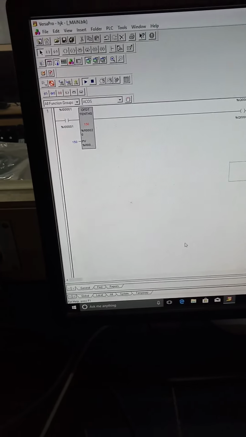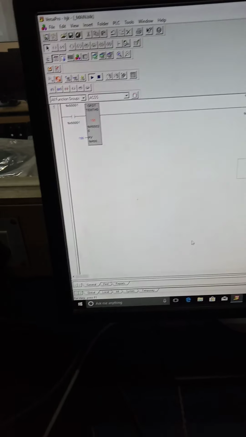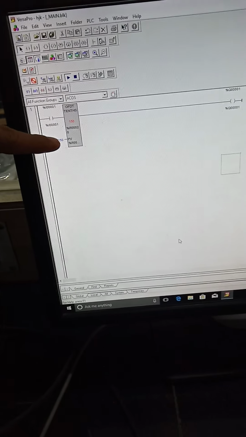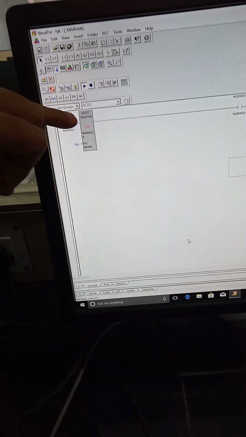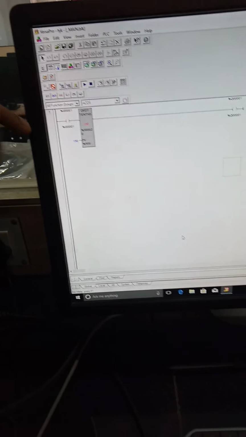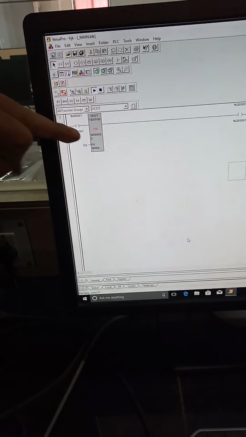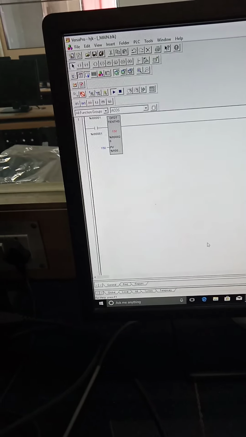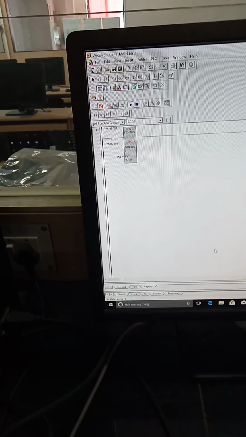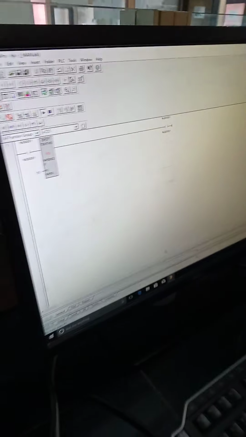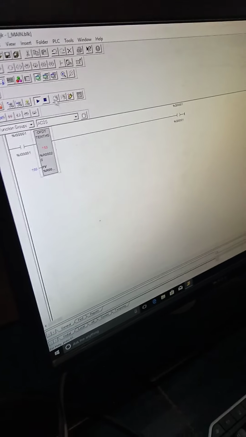Okay, so 3 things you have to remember, very important in programming a timer, is your preset value, that is how much you are setting here, PV, preset value, and time base. Okay, what you are choosing, hundreds, tens, thousand, that is your time base, and then accumulated value. Okay, how much value is displayed here, that is your accumulated value. So this is about your timers. Next you will see about your counters. So the only difference is here you will be making use of numbers instead of time.